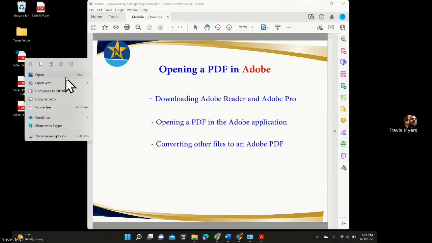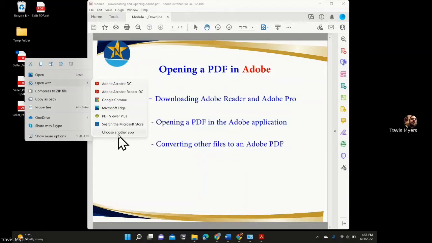Now, this training video, I am doing it off of Windows 11, but if you are using a previous version, it should be pretty similar. And then you want to go down to the second option that states Open With, and a little side menu is going to appear. You don't want to select anything here just yet because we want it to permanently open up in Adobe. So you need to